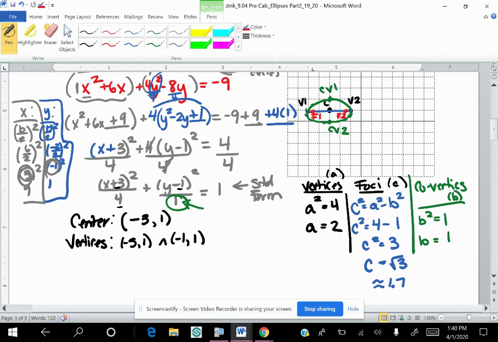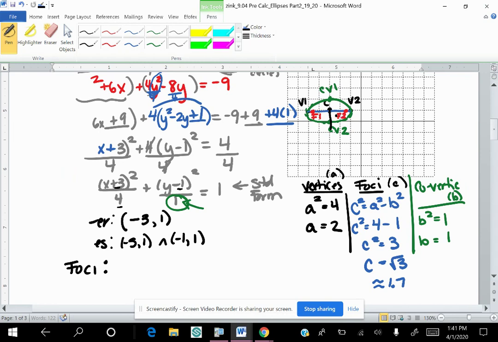So I need to find the ordered pairs to represent each of those. Okay, so to do that, I know they're all going to be on the y equals 1 line. So I know my y coordinate of each of them is going to be 1. What I need to find is the x coordinate. So it's a weird decimal right here. So the easiest way to do it is to first go to your center. So your center is at -3, 1. So if I'm at -3 right here,